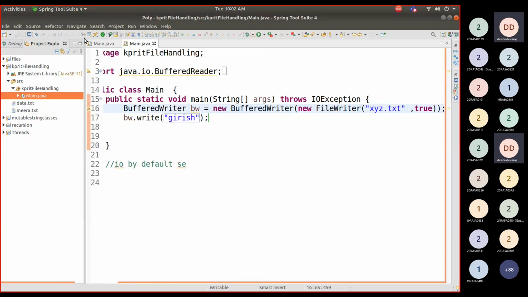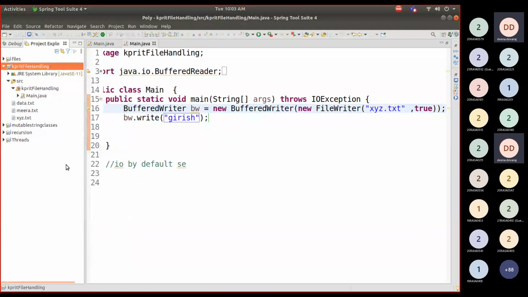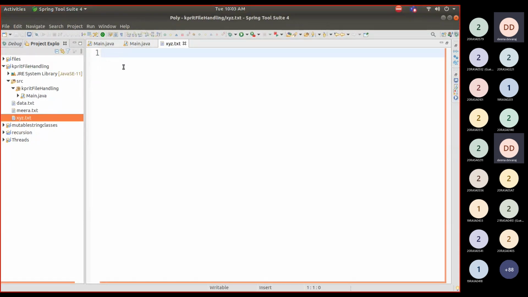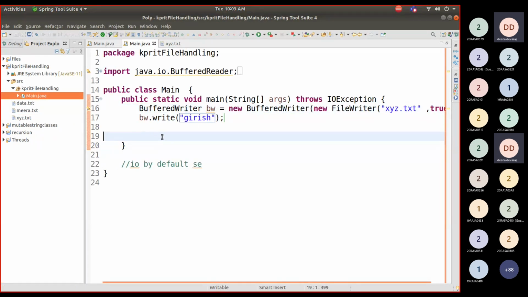Okay, it is already created. I will just go to this file handling and refresh it. Where is the refresh button here? When I refresh it, you can see xyz.txt, right? Here you have some data written, but I did not close the file, so it is not